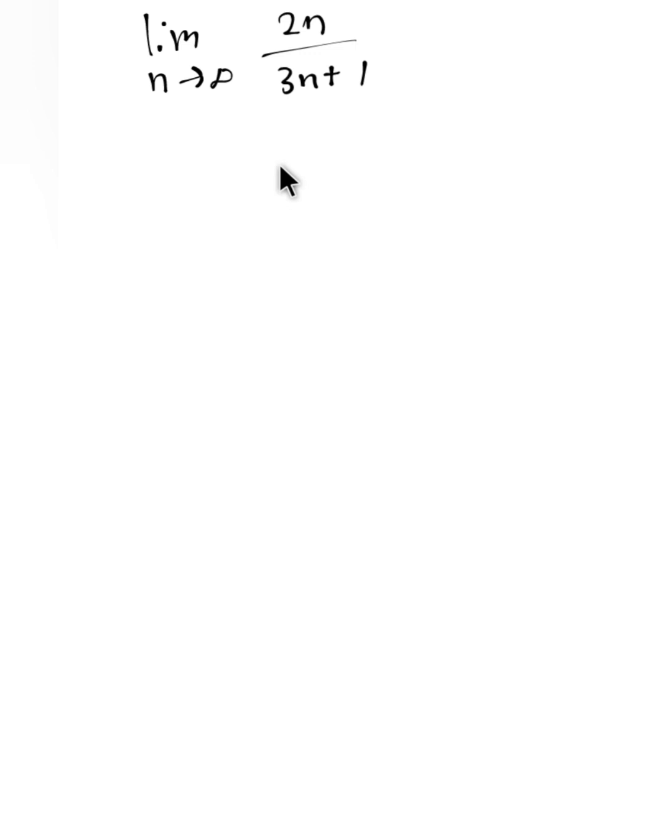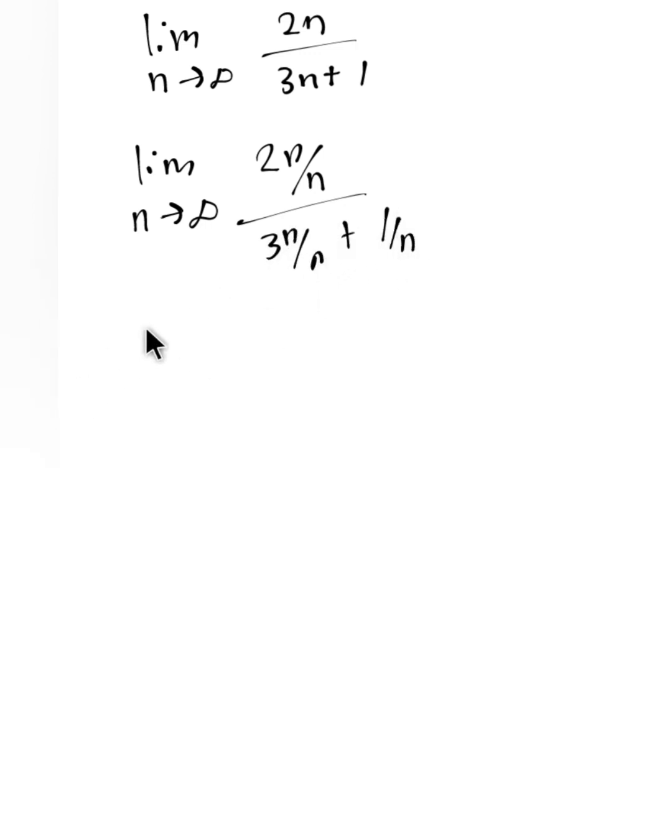Now while dealing with the limit as n tends to infinity, what we need to do here is to divide all the terms by the highest power of n. The highest power of n here is 1, so it becomes the limit as n tends to infinity of (2n over n) all over (3n over n plus 1 over n). Now this gives us the limit as n tends to infinity of 2n over n, cancel n, we're left with 2 all over 3